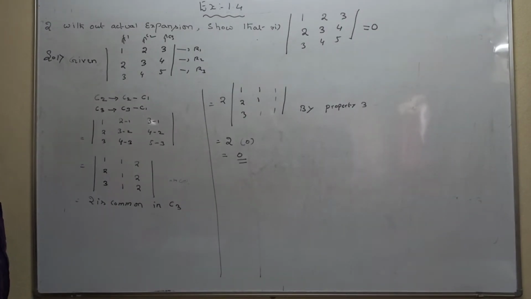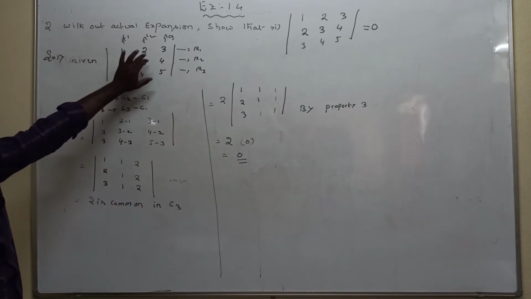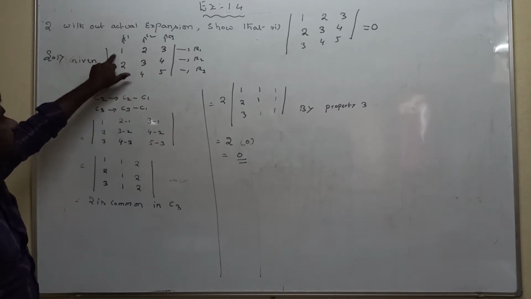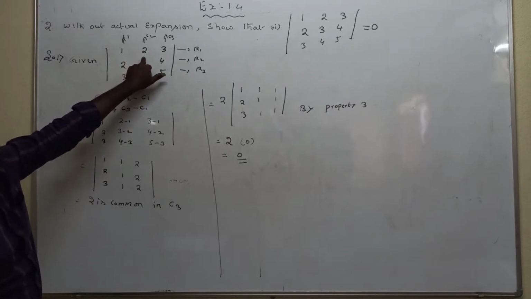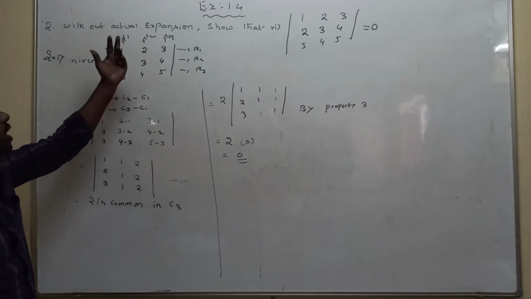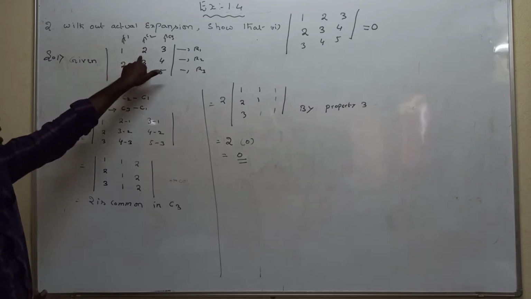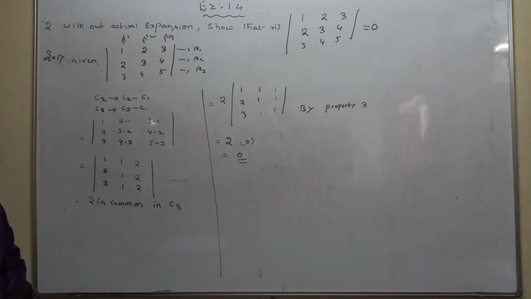These are required for the solution here, friends. I think everyone understands this solution, it is very easy. We are only using the column operation: C2 changes to C2 minus C1, and C3 changes to C3 minus C1. Don't do it with the help of the second column, because now we are changing the second column. How can we do it with the help of the second column? It is not possible. That's why we take it with the second column, and the third one with the help of the first column. I think you understand this solution yourselves.